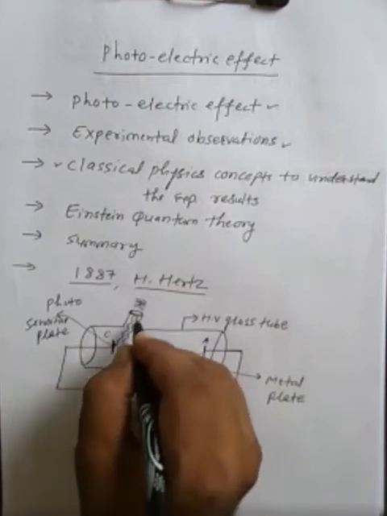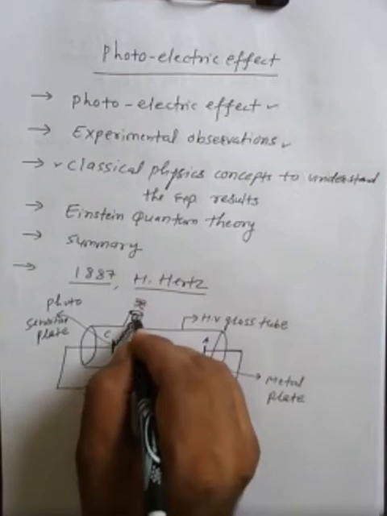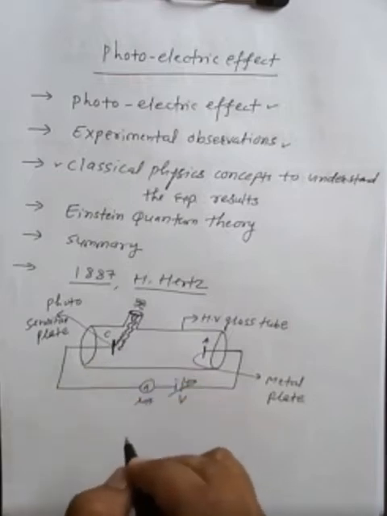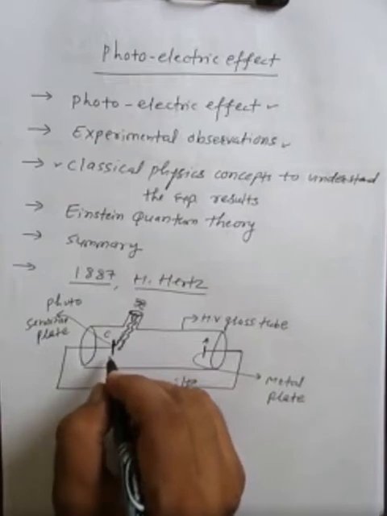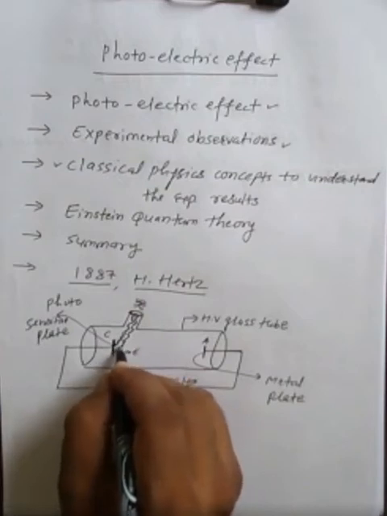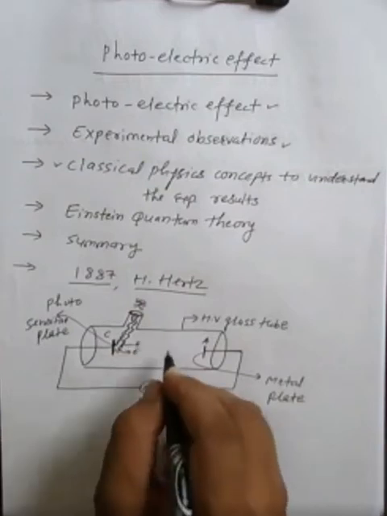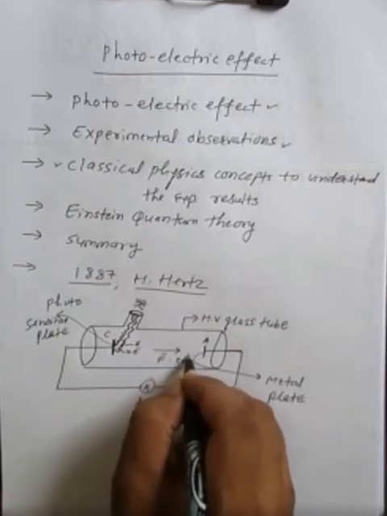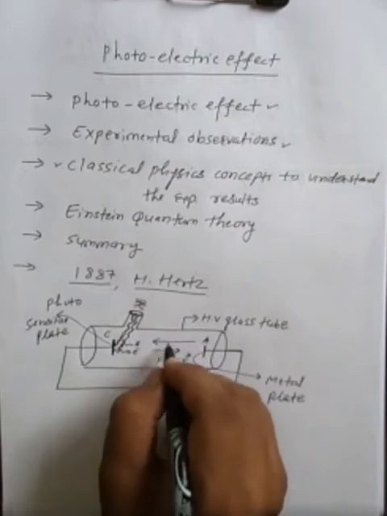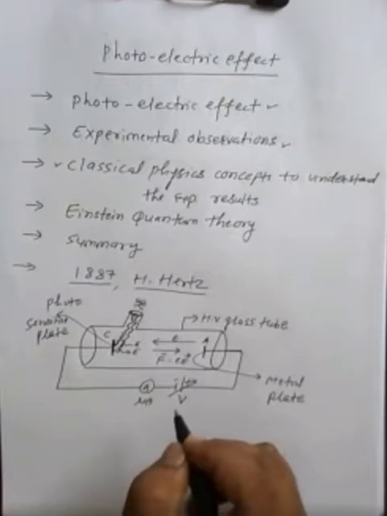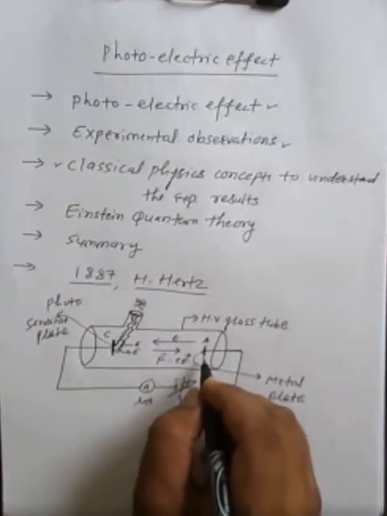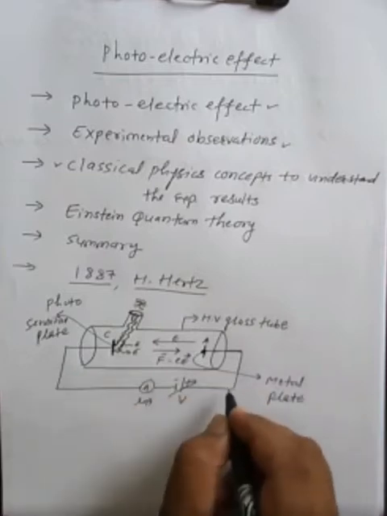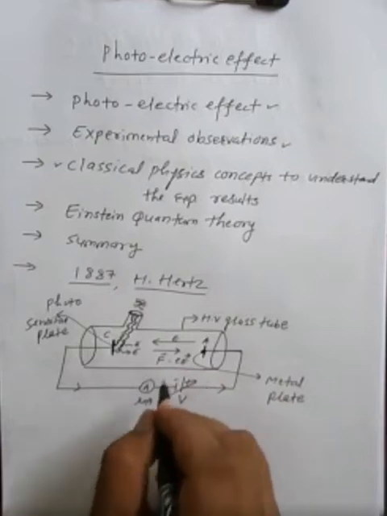This is the light source. So when light, or we can say radiation, of a certain frequency is incident on this photosensitive plate, due to the interaction of the radiation and matter, the electrons from this photosensitive plate will be emitted, and these electrons will experience a force due to the electric field between both plates C and A, and then these electrons will be collected by plate A. In this way, the path will be closed, and we see the current in the circuit.